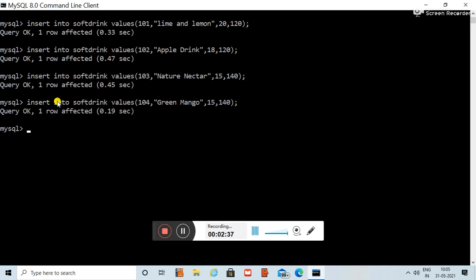Now if I want to see all the data from the table, what I am going to do, I am going to write select asterisk from drink, semicolon.